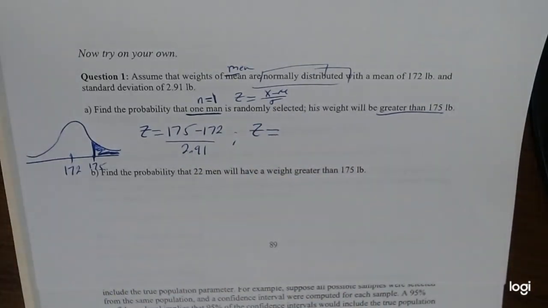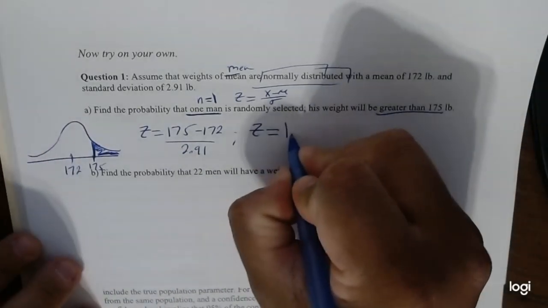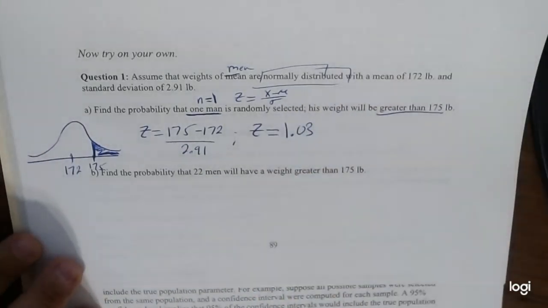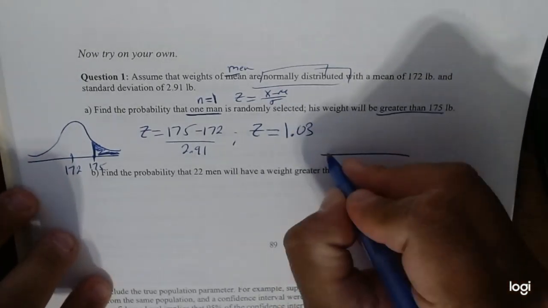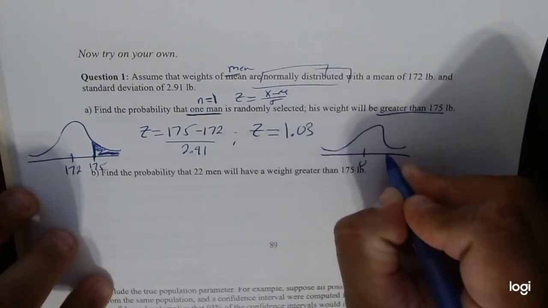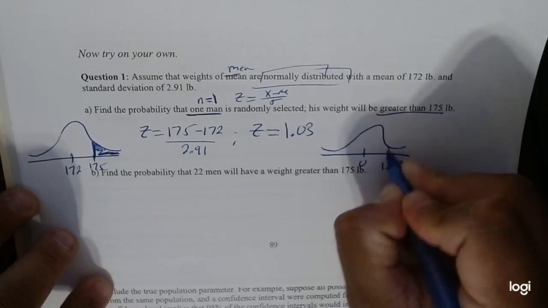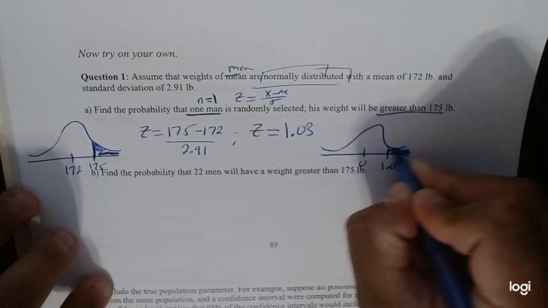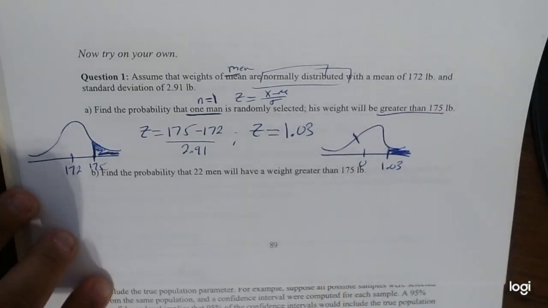So 175 minus 172 divided by 2.91 gives us a z-score of 1.03. Okay, so we do this part. Again, this is area to the right, so I first have to find the area to the left of it. So if I find the area to the left of the z-score, 1.03,